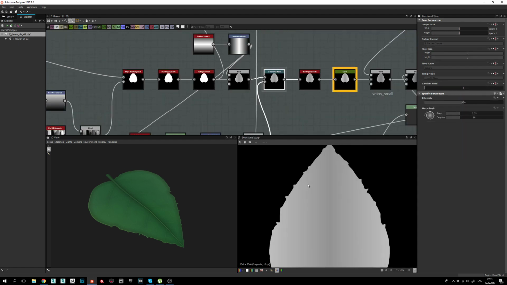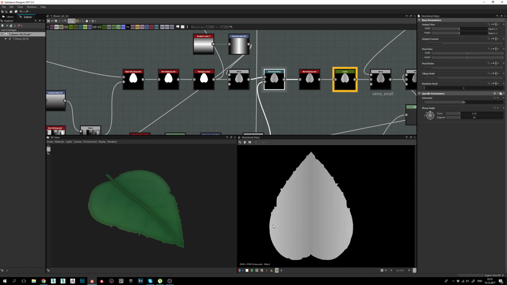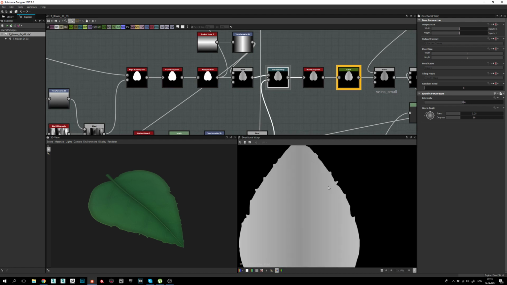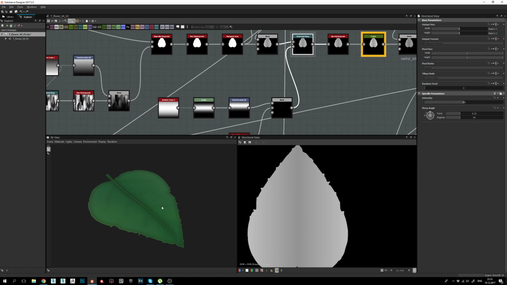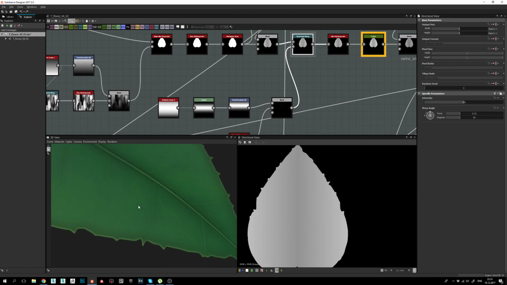Next step, I'm adding those spikes. You can see here, just breaking a little bit the standard silhouette of the leaf. Those spikes are interesting. I will show you how I created those. And if you just explore the leaf, you can see that those spikes are happening where the veins are just